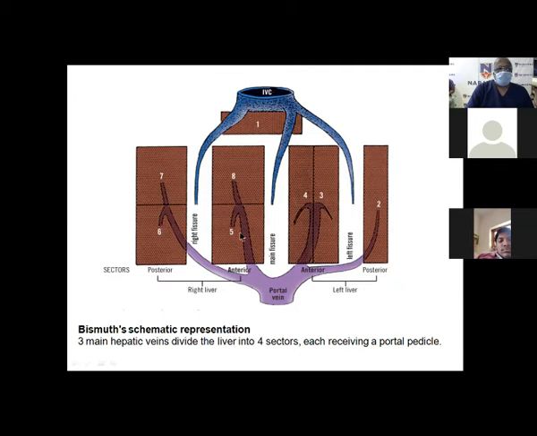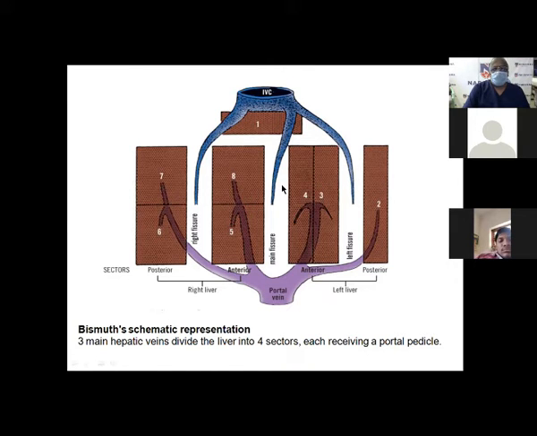We have made this as anteromedial, that is 5 and 8. This is posterolateral, 6 and 7, 4, then 3, the lateralmost is 2. So this is the schematic representation. And the veins, each fissure has got each vein. One is the right fissure, which has got a right vein, which drains 7 and 8, and 6 and 5. Whereas this is the middle hepatic vein, which drains 5, 8 and 4. Whereas this is the left hepatic vein, which drains segment 3 and 2.